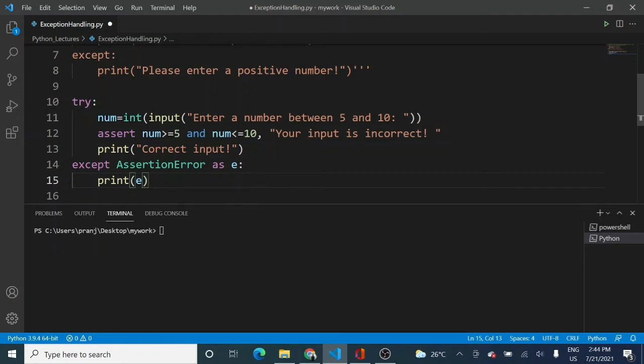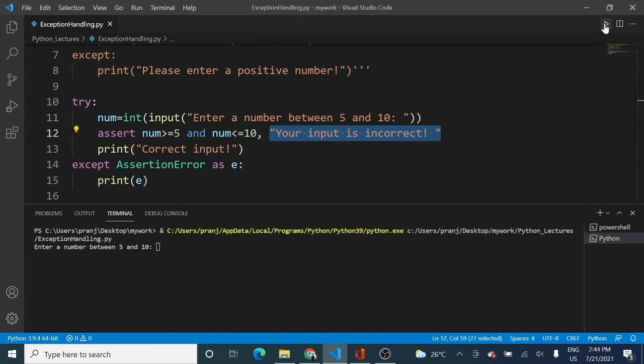Here I am just making use of this extra syntax, which is the assert statement with a message. Now let me run this code, and you can see that the prompt is asking me to